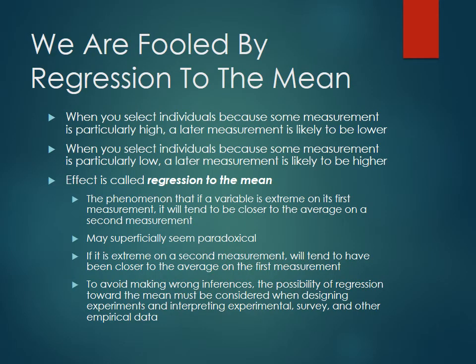So again, patients with any kind of extreme value tend to go back to the average, just due to natural changes over time. So say you were to get someone on Monday with extremely high systolic blood pressure, you may see it go down over time. It's not that you did anything; it's just that it's going to be regressing back to that mean. So does that make sense? Okay.